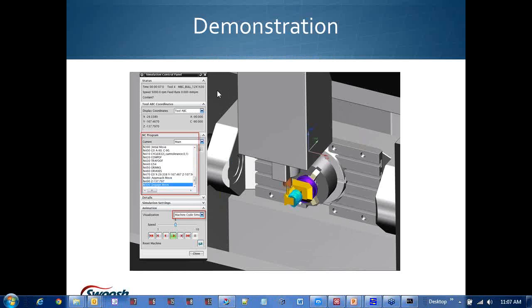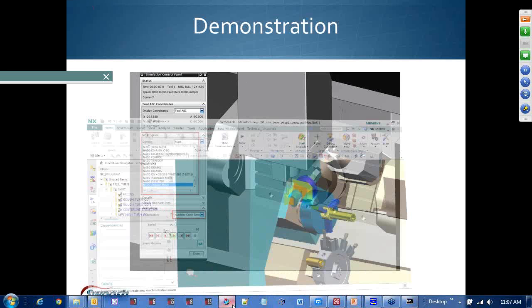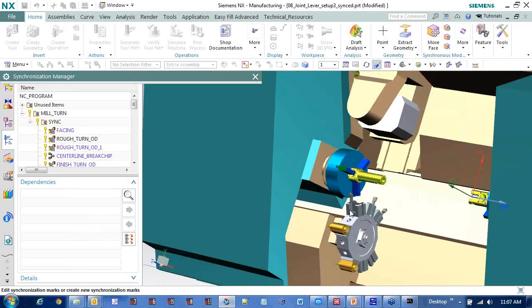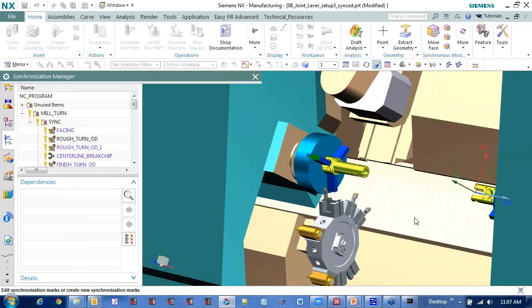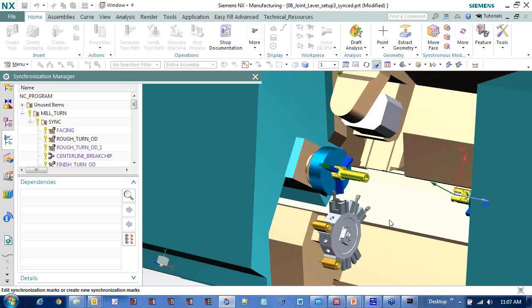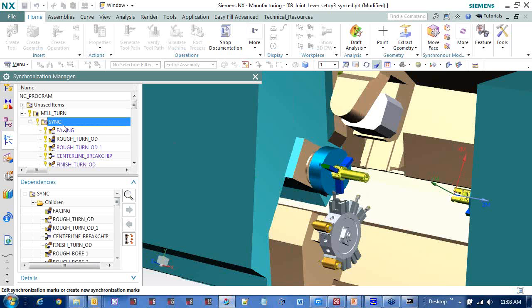Okay, so what I'm going to do is show a simulation here in NX. What I have open here is a turn mill simulation. This is a turn mill machine with a main spindle, a sub spindle, an upper turret, and a lower turret. The reason I'm showing this is to show the complexity of machines that NX simulation can simulate. So the type of machine that we're going to simulate here